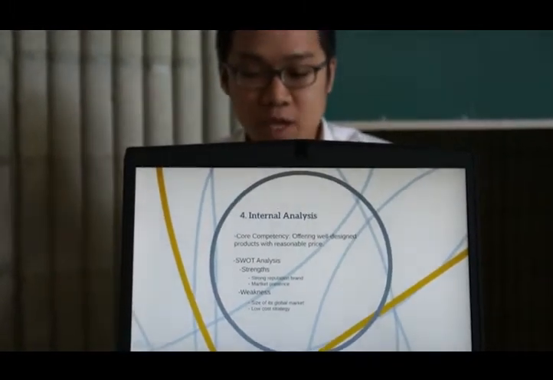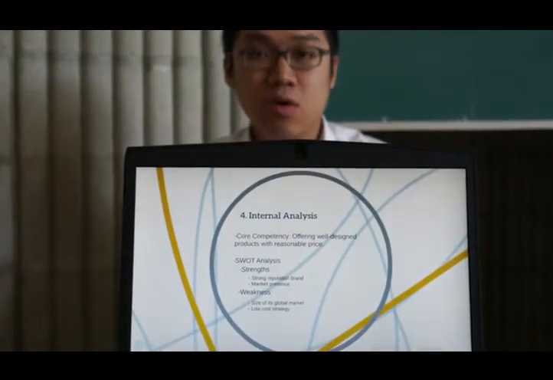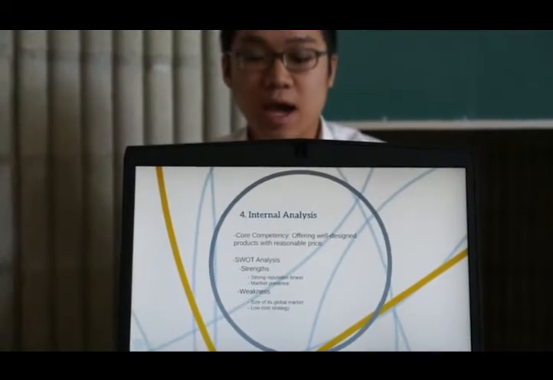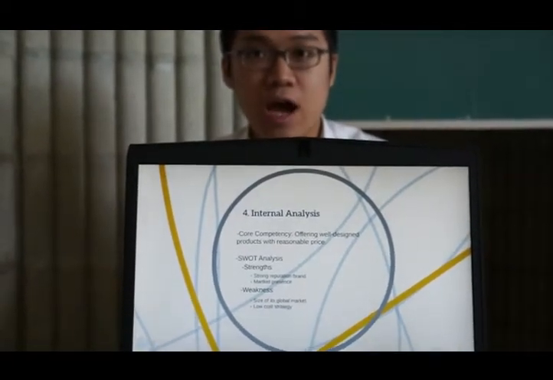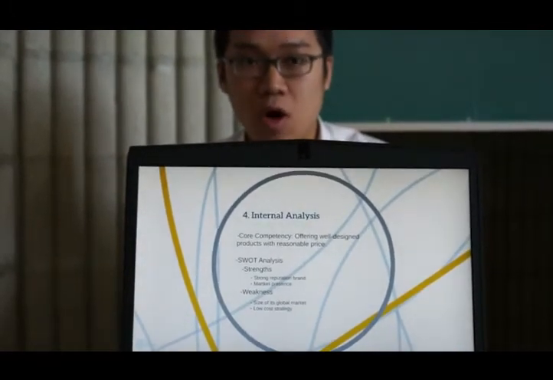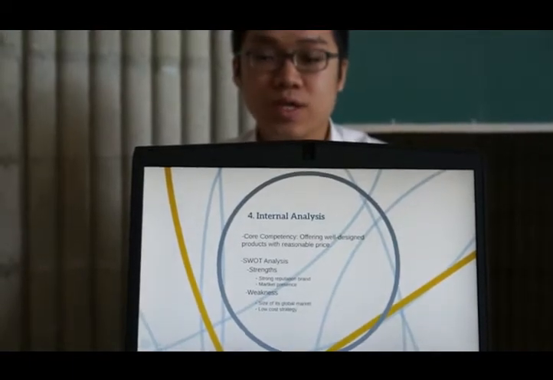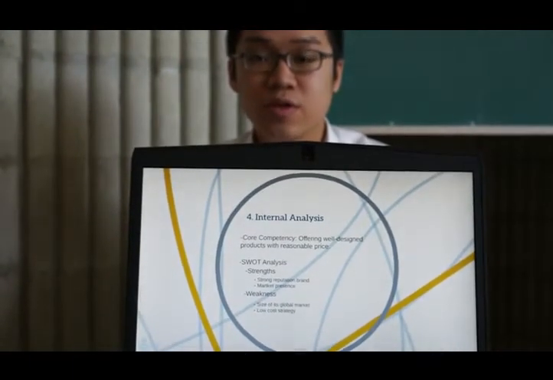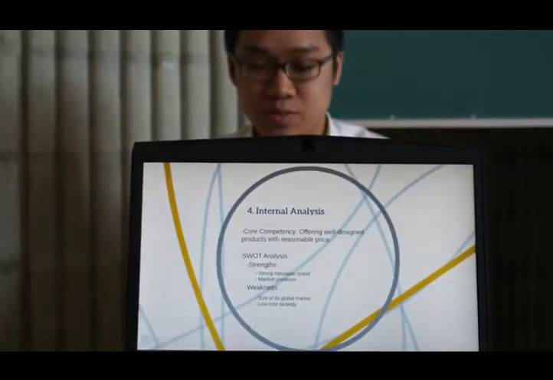many countries. And for the weaknesses, the size of the global market and the local strategies are the weaknesses of IKEA. With the large size of global markets, it's very hard for IKEA to control and manage all the stores all over the world. And local strategy is another weakness of IKEA because it's very difficult for them to differentiate products with minimized cost of manufacturing.